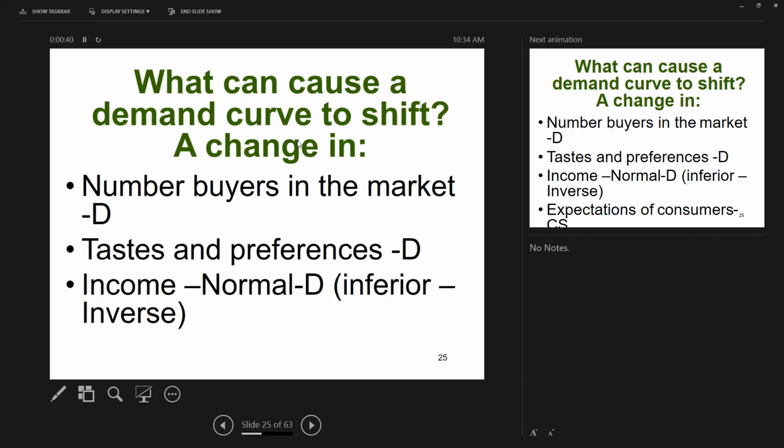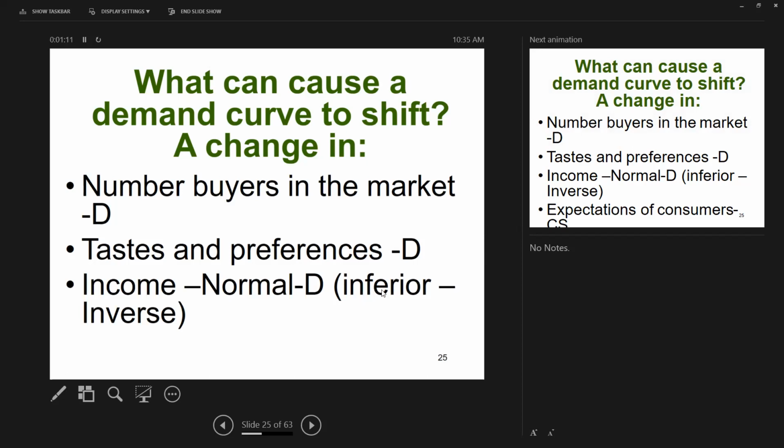We talked about inferior and normal goods last class. When it comes to income, a normal good, most of the things you think of, is where if your income goes up, that will cause an increase in your demand. We talked about the fact that people's incomes were going up because they were getting these stimulus checks, the Biden checks. And when income goes up, that might cause an increase in demand for investments like Bitcoin. So that would increase the demand for Bitcoin.